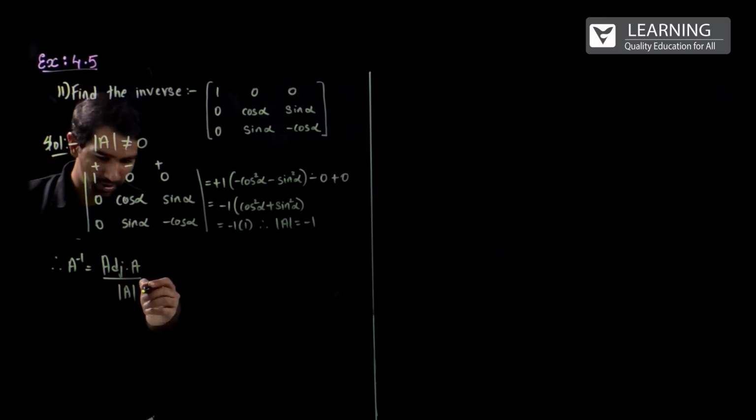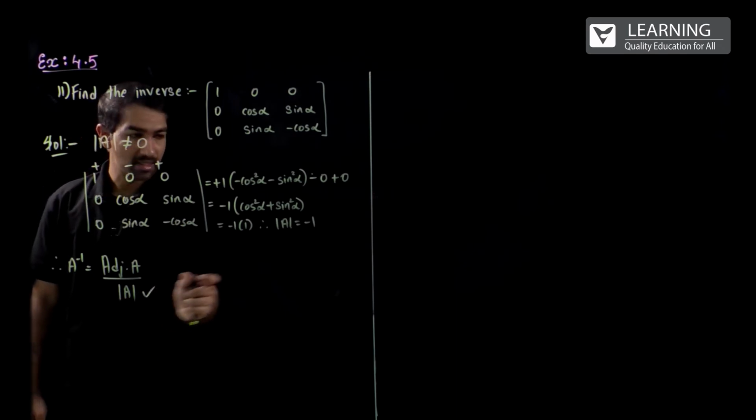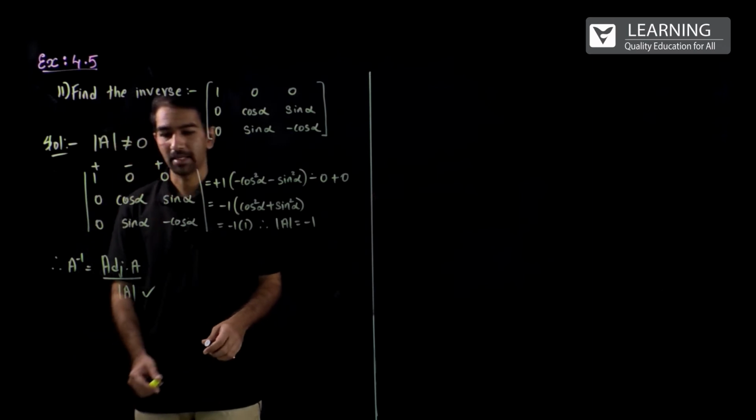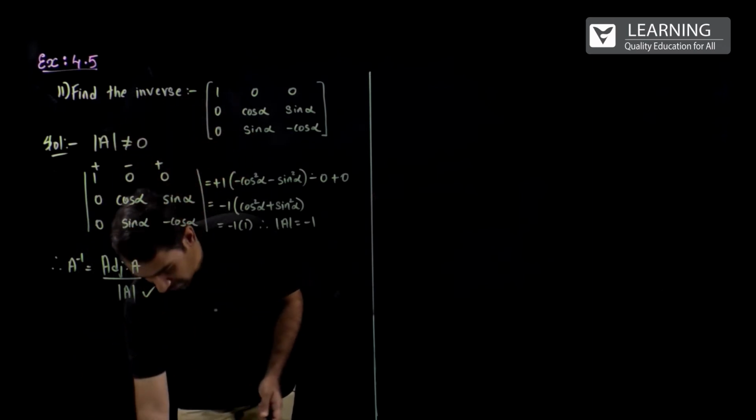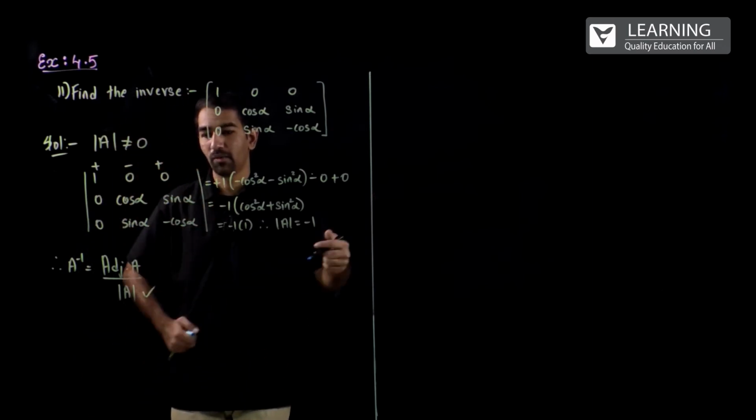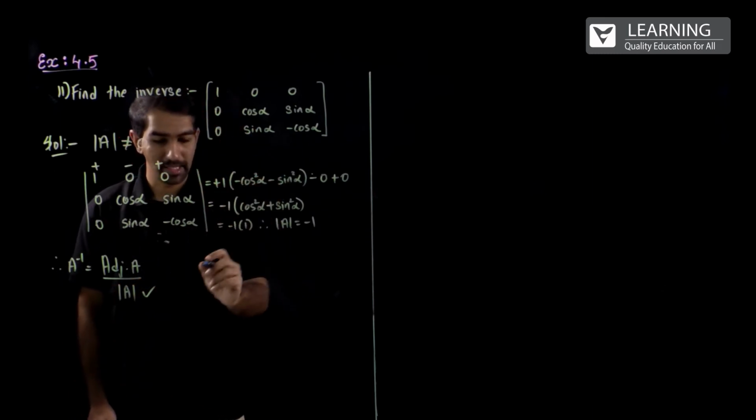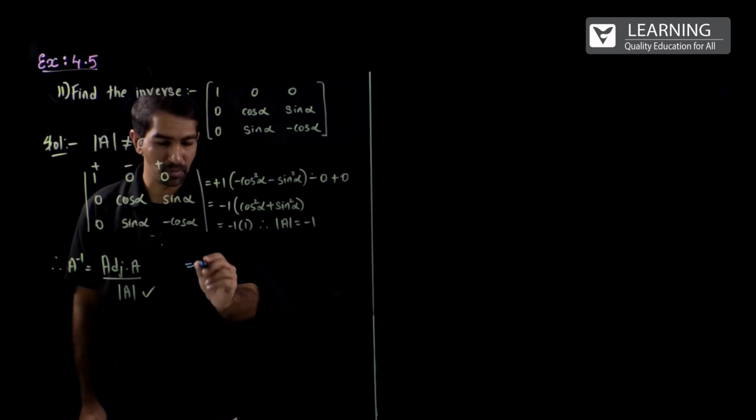So here we have already found out the determinant, which is equal to minus 1. Now we have to find the adjoint of matrix A. To find the adjoint of matrix A, what is the very first step? We have to take the transpose of the given matrix. So take the transpose of the given matrix. That will be equal to